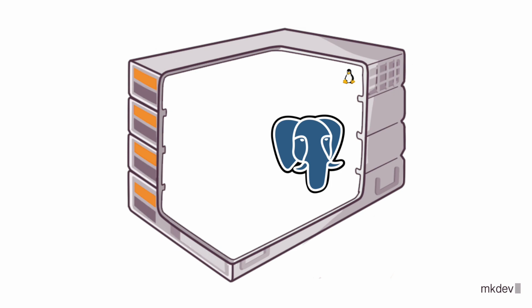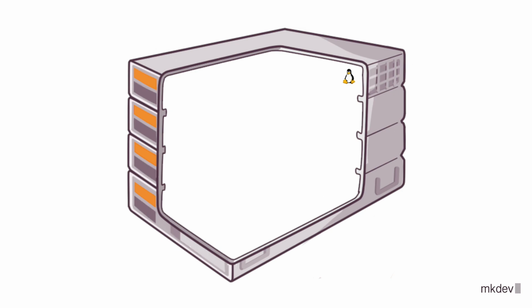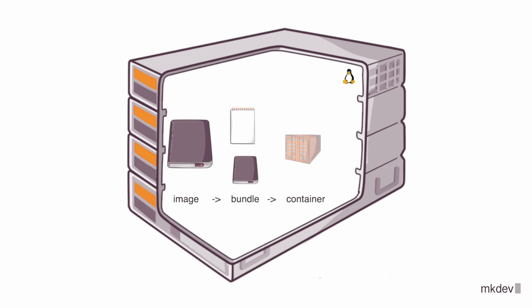This way, container images are similar to RPM packages, and a container bundle is what you get when you install this package. Your operating system doesn't need to know anything about YUM repositories or RPM packages to run PostgreSQL. Same with a container runtime. It doesn't need to know anything about container images and registries to run a container, but it does need some files to do it. The collection of these files is a container bundle.